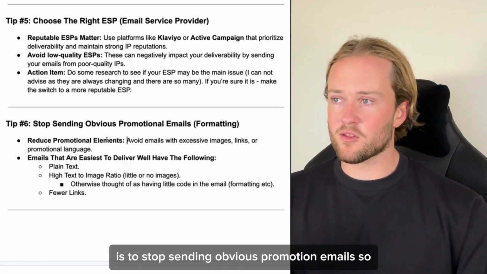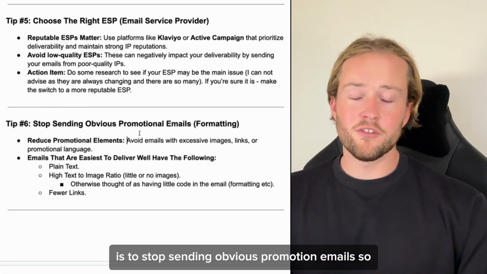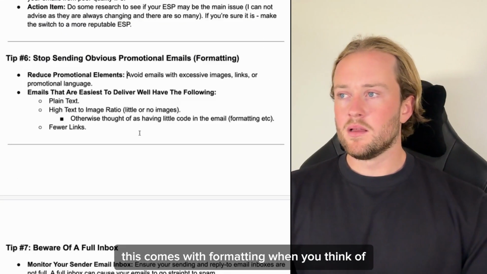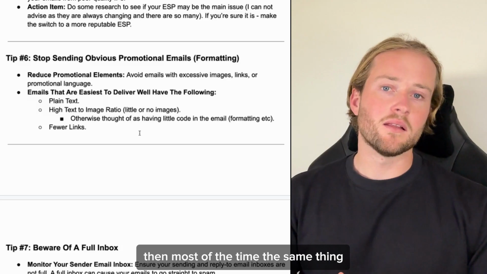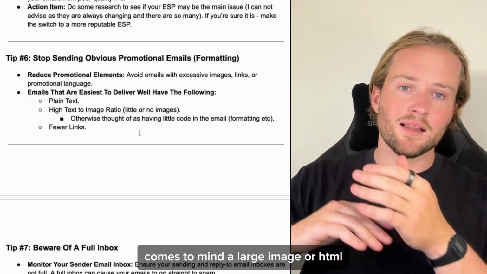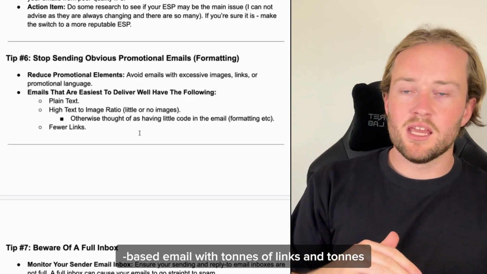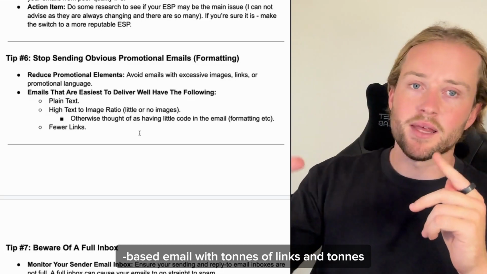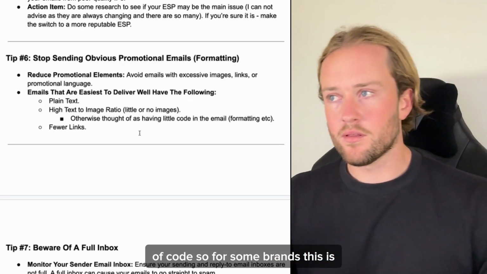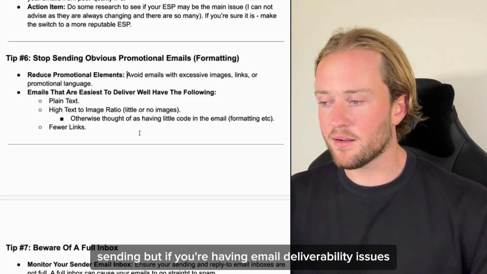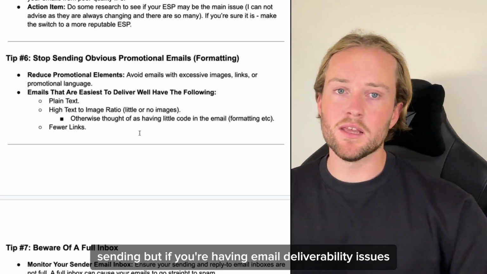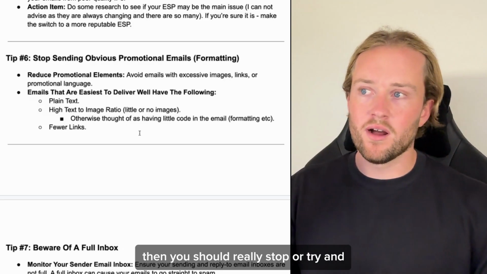Tip number 6 is to stop sending obvious promotion emails. So this comes with formatting. When you think of an obvious promotional email that brands are sending, then most of the time the same thing comes to mind. A large image or HTML-based email with tons of links and tons of code. So for some brands, this is the best type of email they should be sending. But if you're having email deliverability issues, then you should really stop or try and get away from sending these